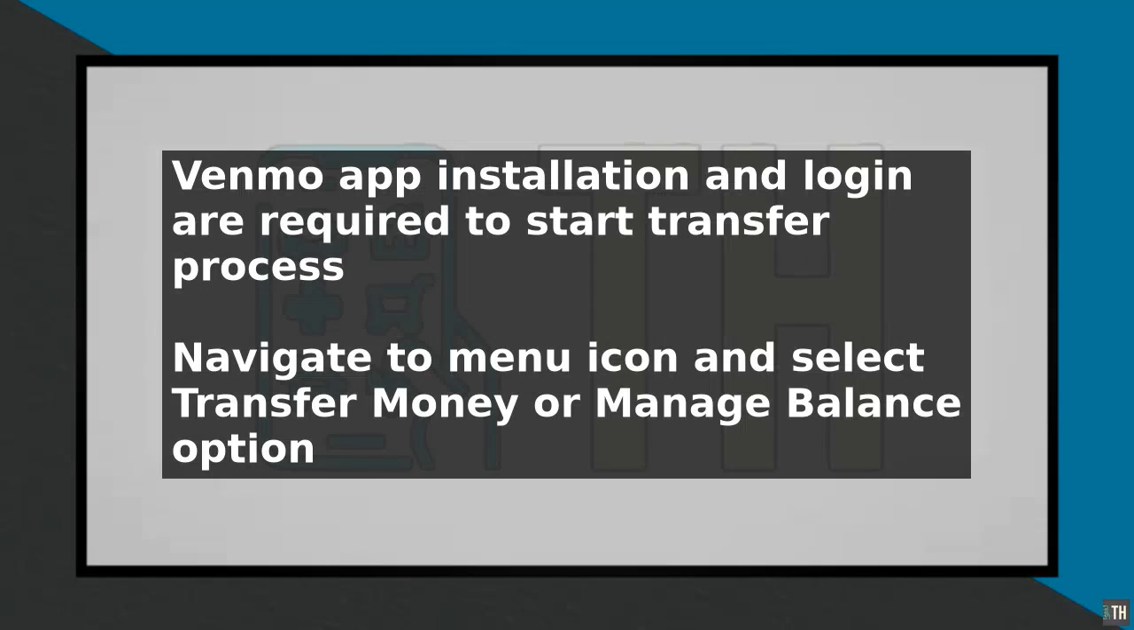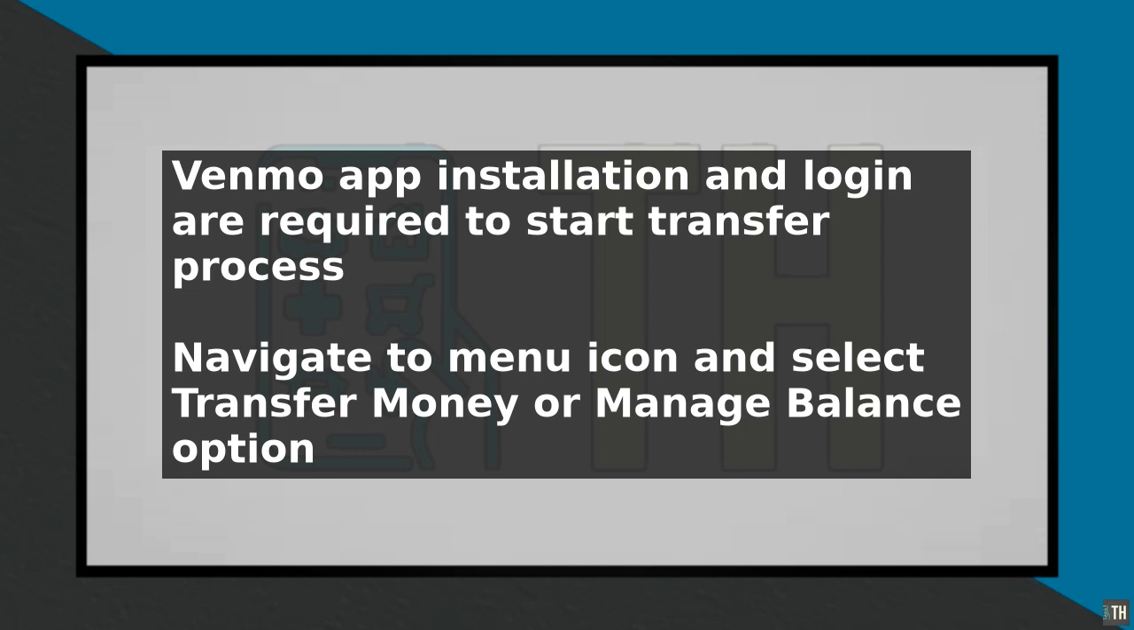Transferring money from Venmo Credit is a straightforward process that can be completed in a few steps. To begin, make sure you have the Venmo app installed on your mobile device and that you are logged into your account. First, navigate to the Venmo app and click on the menu icon, which is usually represented by 3